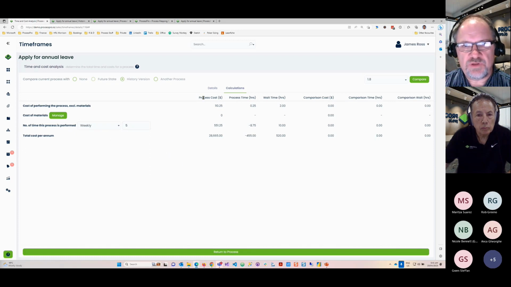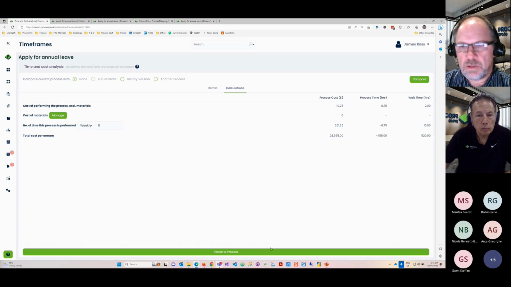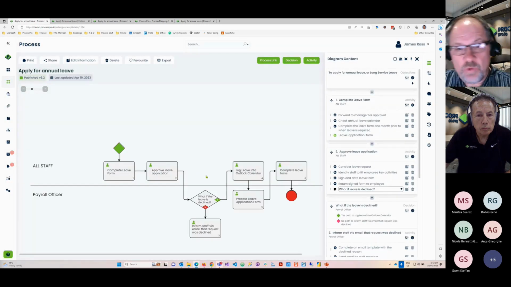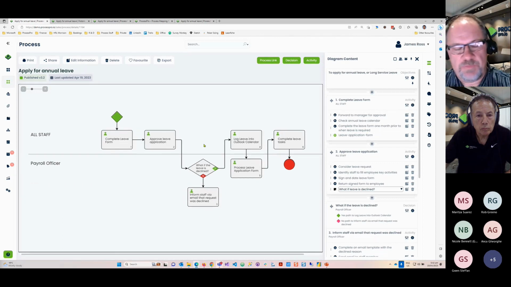Right, so that will give you the total process cost per annum on doing that process. Let's just take that comparison out. All right, now on the map, we can also see the